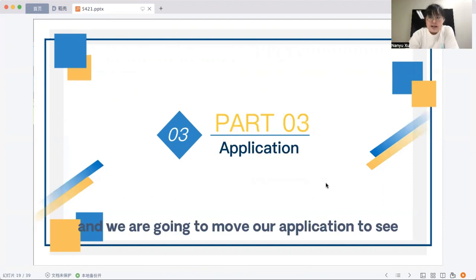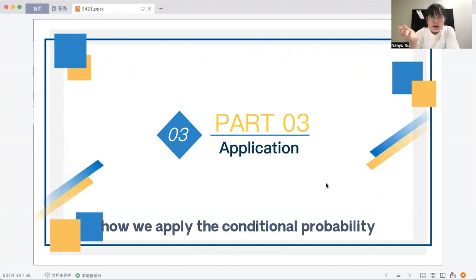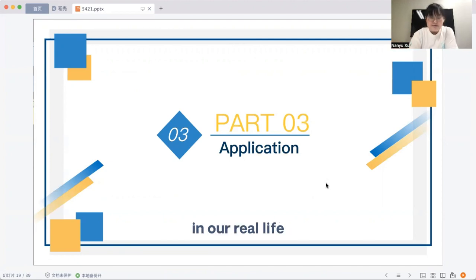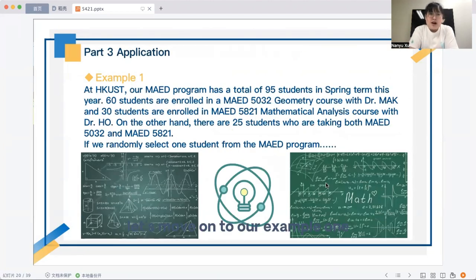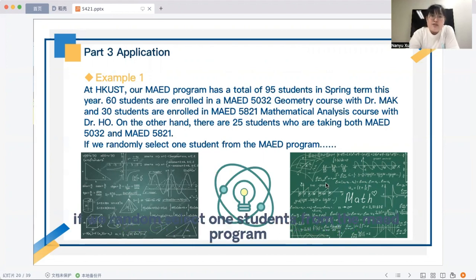And we are going to move to our application to see the examples and how we apply conditional probability in real life. Let's move on to our example 1. Our MED program has a total of 95 students in the spring term in 2023. 60 students are enrolled in the geometry course with Dr. Mark, and 30 students are enrolled in the mathematical analysis course with Dr. Ho. On the other hand, there are 25 students who are taking both geometry and mathematical analysis. If we randomly select one student from the MED program,